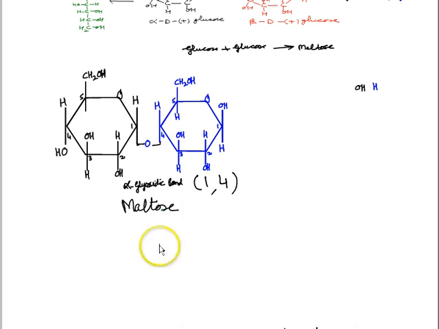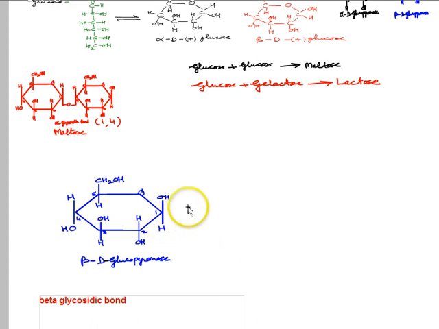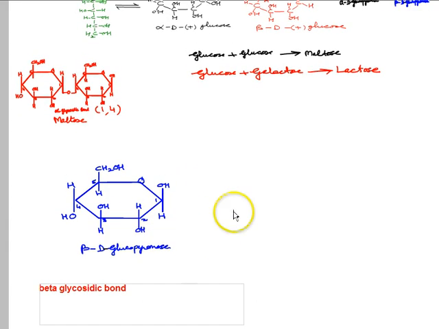Right. So you may note down. Next comes a very important thing. After alpha glycosidic bond, let us see what we mean by beta glycosidic bond. So next in contention is beta glycosidic bond. When we say beta glycosidic bond, we find a molecule of glucose and galactose, they combine.